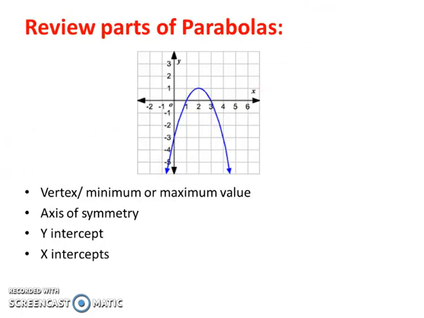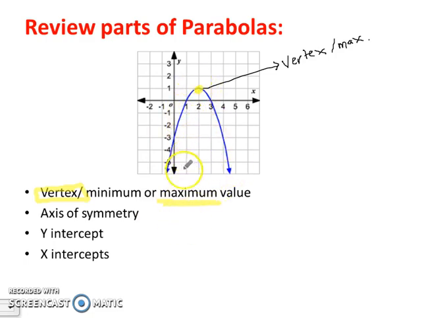All right, so before we do that, let's review parts of a parabola. This is going to be very handy when it comes to graphing. So where do we find the vertex? So the vertex is always our minimum or maximum point of our parabola. In this case, because our parabola opens down, it's the maximum value. So every parabola is going to have a vertex, and that vertex is going to represent the minimum or maximum value. And in this case, it's the maximum value because it does open down. It's the largest